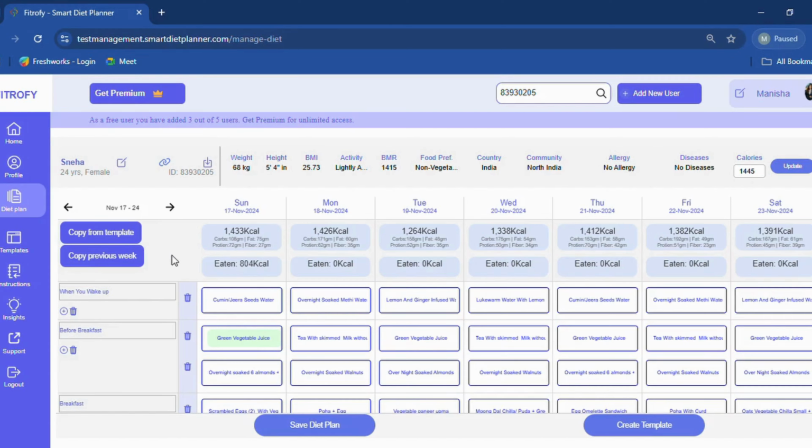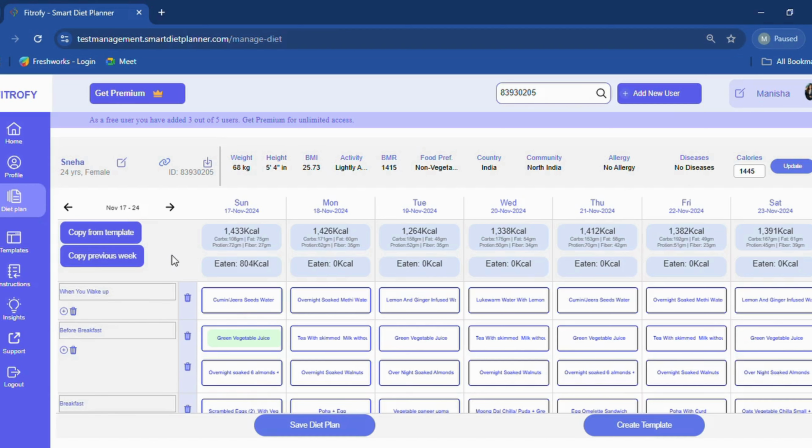Based on this information, you can guide the client if in case they are going wrong somewhere, or how to improve their eating pattern. Their weak points can be noticed by this information, what all is causing their problem if they're facing any. So all these insights can really help you in understanding the client better and guiding the client better. So always keep a watch on this feature.